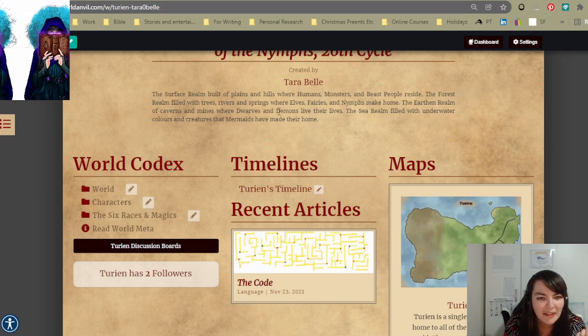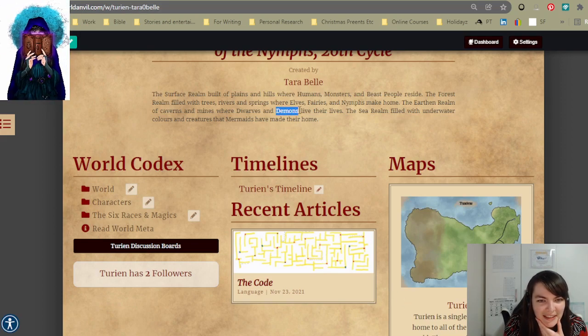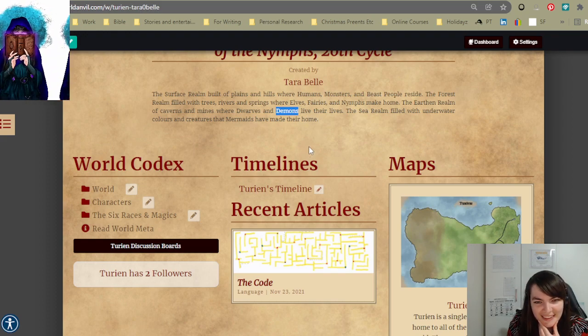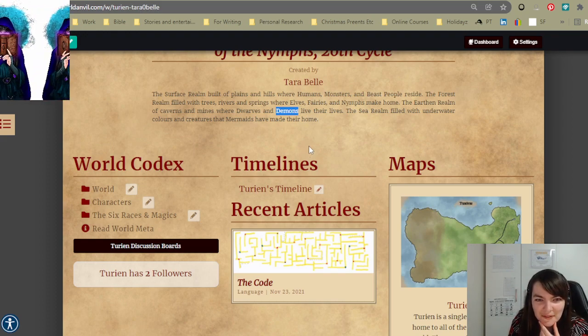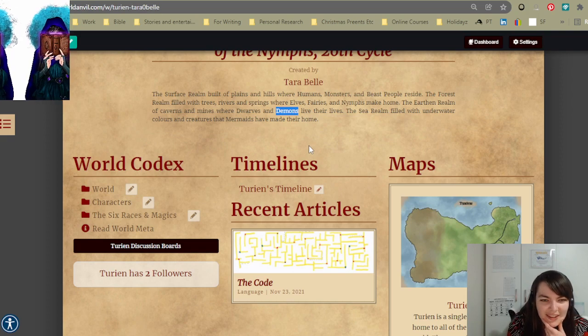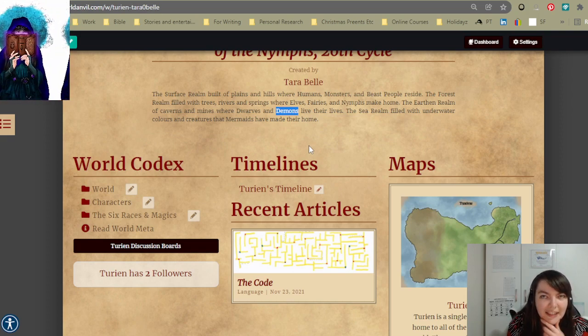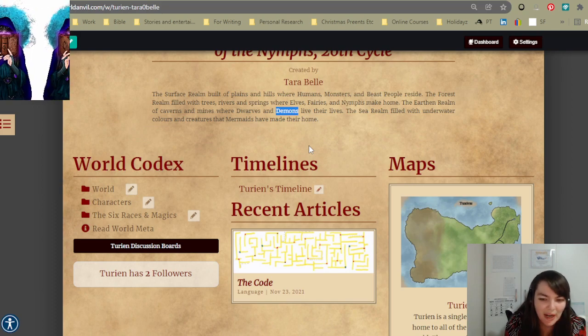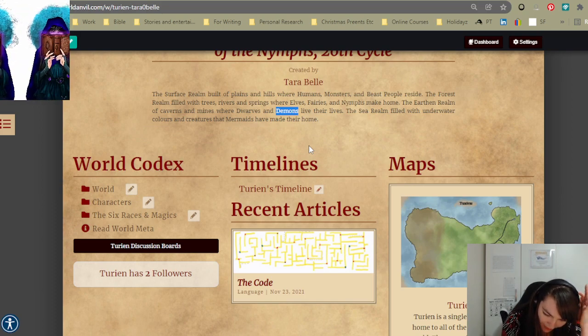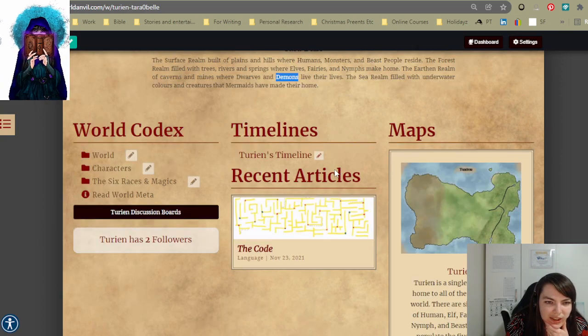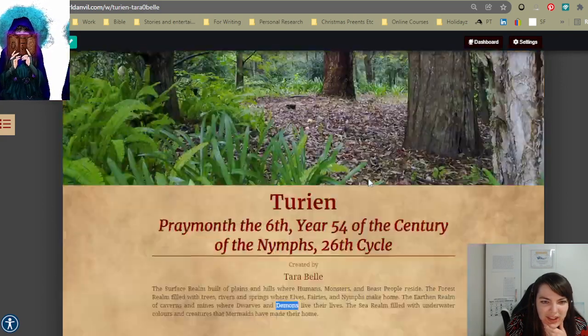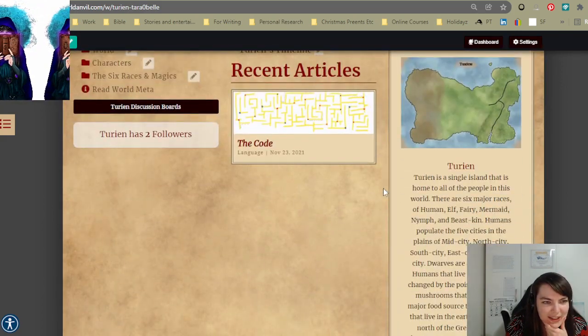So dwarves, oh my goodness, it's been a long time since I updated this because demons do not exist. They are dark elves, but they're still elves, they just have dark skin, and there's a couple of differences, but they're a branch of elves. So yeah, I need to change that. Anyways,